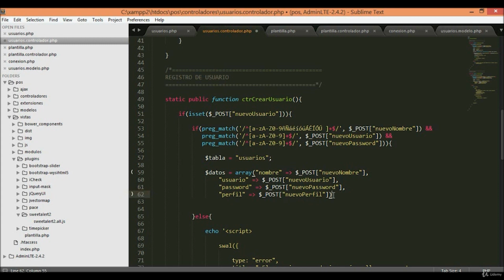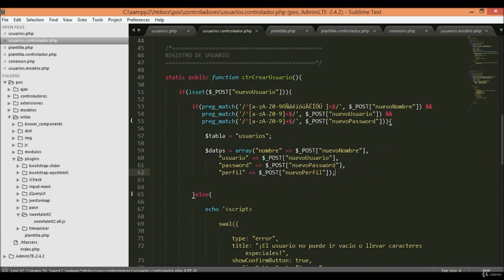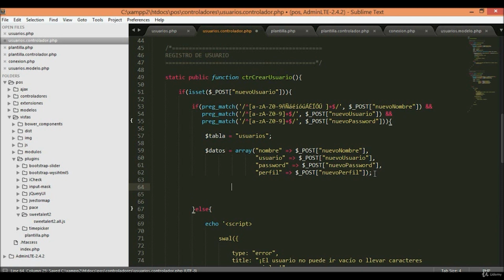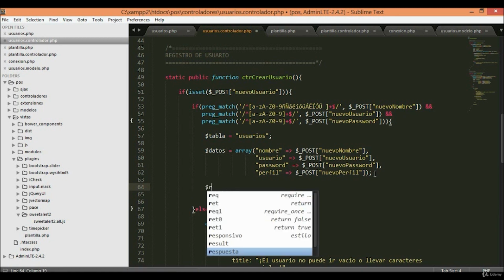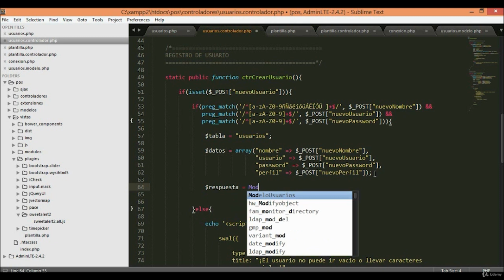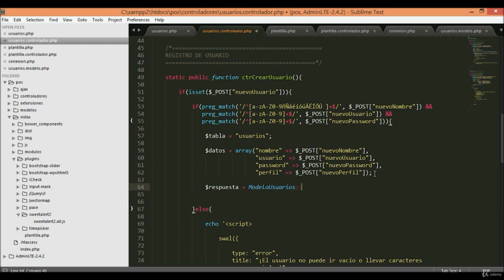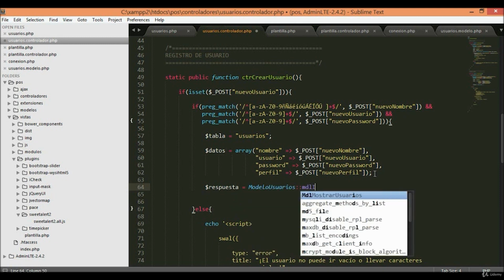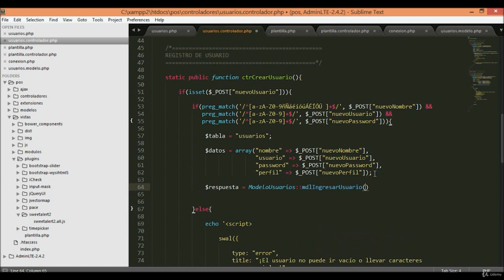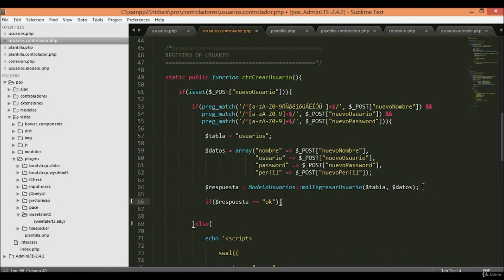Okay. By now we can do this. We will talk about the picture later. Okay, here let's put an answer to our user model where MDL is going to login user or add user. So the table and the parameters of data. If the answer is okay,